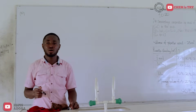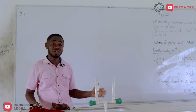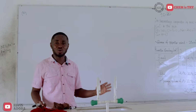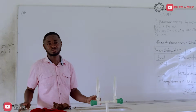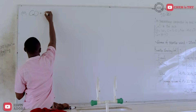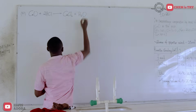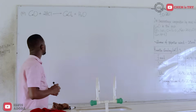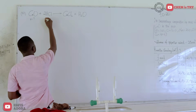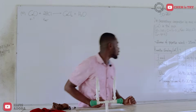We are supposed to look for the mass of calcium oxide in our rock sample. Remember, the mass we have already been given is for the whole rock. And inside the rock, we have calcium oxide. And that calcium oxide was what our hydrochloric acid was able to dissolve for us. So let's look at that equation again. Calcium oxide, 1 mole, plus 2 moles of HCl, giving us calcium chloride and a mole of water. We have no idea what the moles of calcium oxide is, but we now know the moles of HCl that dissolved all the calcium oxide. It was what we calculated just recently, and it is 0.0604